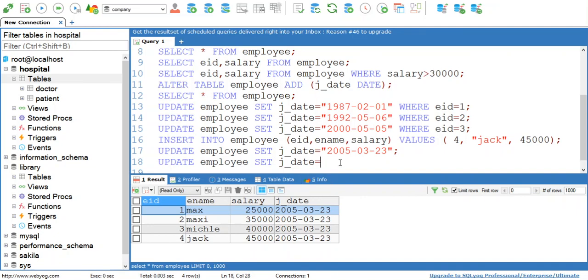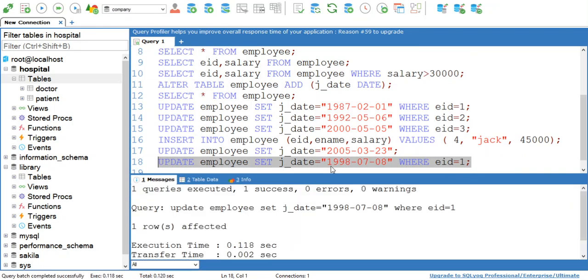I want to change the joining date for the person. Then I can simply write 1998 where employee ID equal to 1. Okay, so my query is successfully executed.